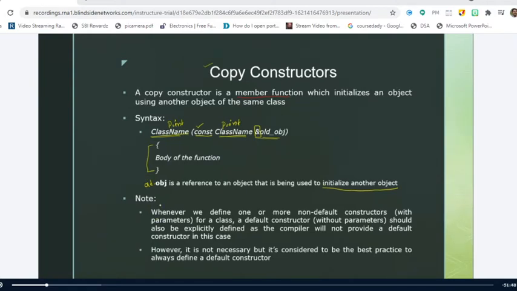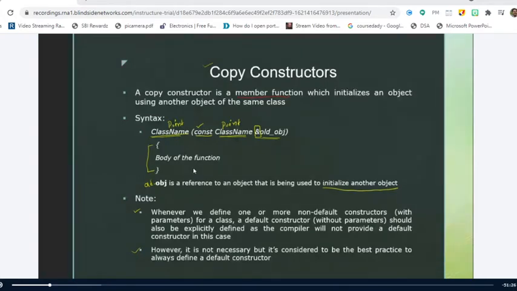You can see these two points. Yesterday also we have discussed, right? If you forget or if you don't give any constructor on your own, then the C++ compiler automatically provides us with a constructor, that is called the default constructor.